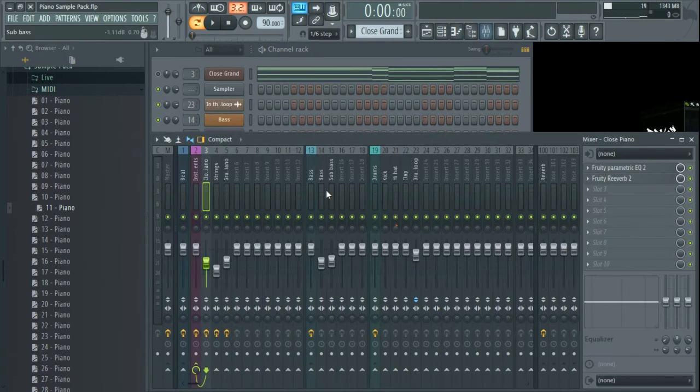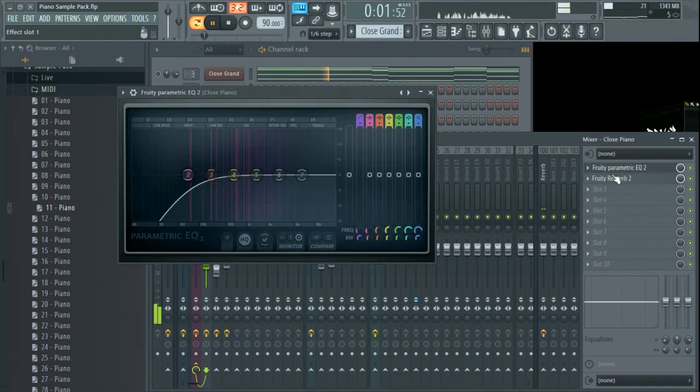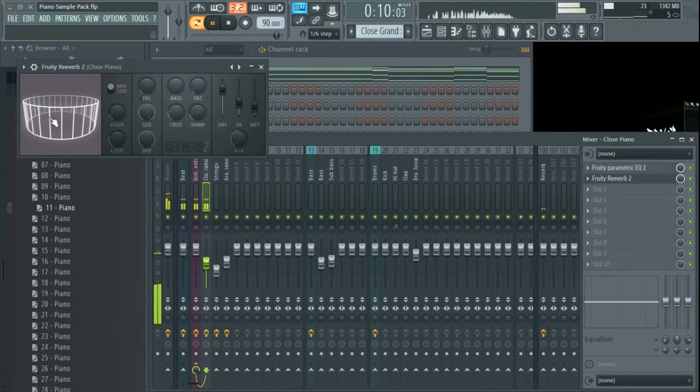Okay, so now we can go to the track and see what I did here. I just applied a low cut to leave a little bit more space for the bass, and then I applied some reverb. Low cut, so that the low frequencies don't go inside of the reverb. And then I had some pre-delay, size and diffusion to the maximum. I removed the bass and stereo separation to the maximum and 35% of wet level.